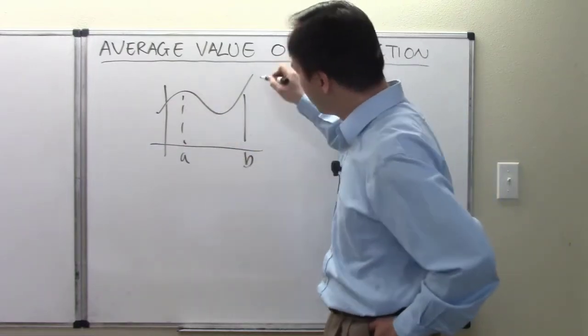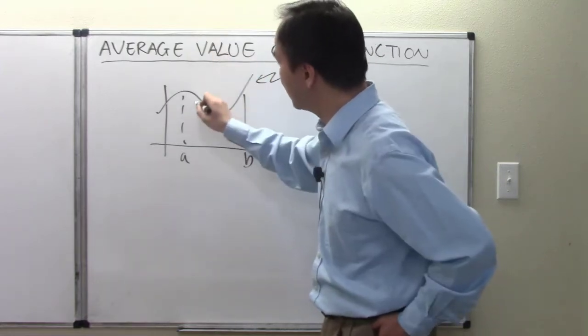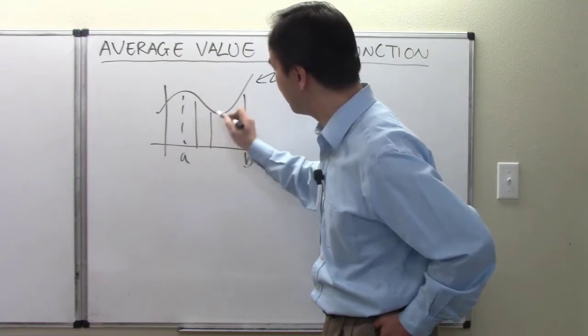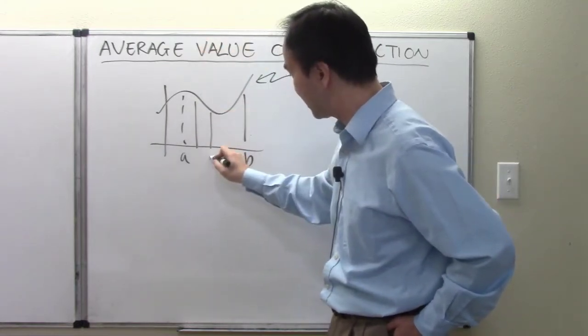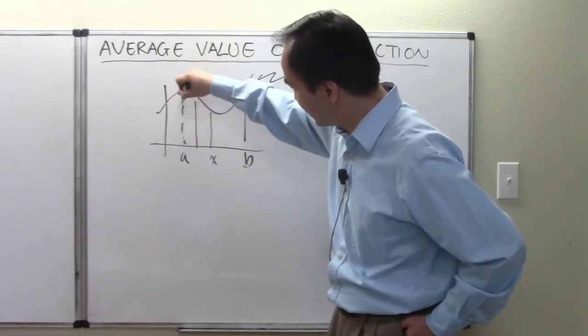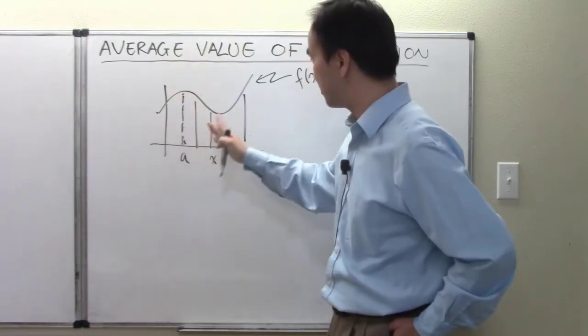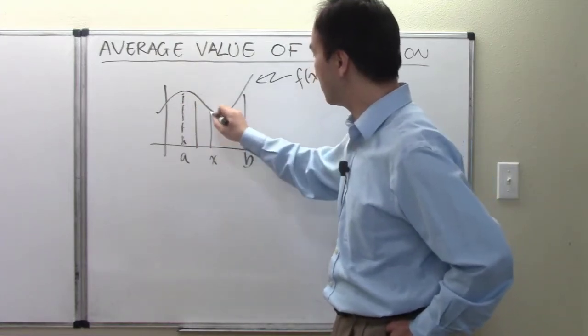But now, suppose we have a function. The value of a function is the height of the function anywhere, because it's the output. So it's the height of the function at any value x. And now in our scenario, where we are restricting our function inside an interval from a to b right here, then let's say you have